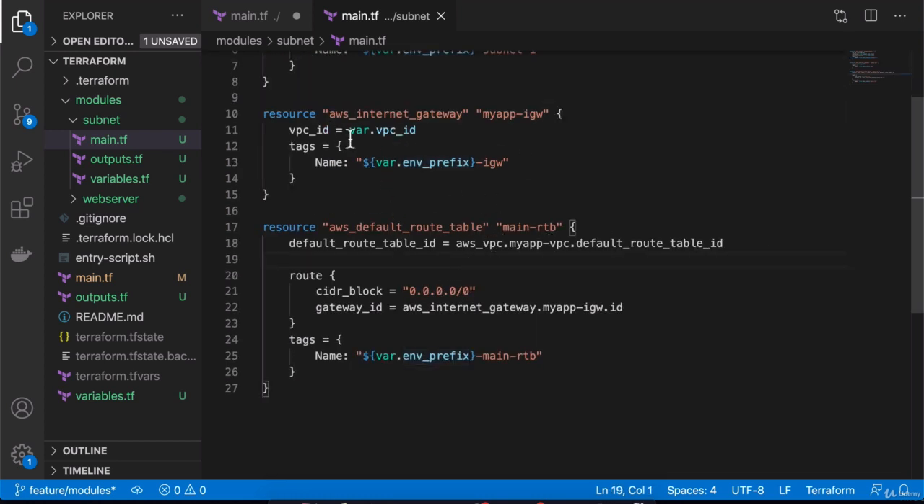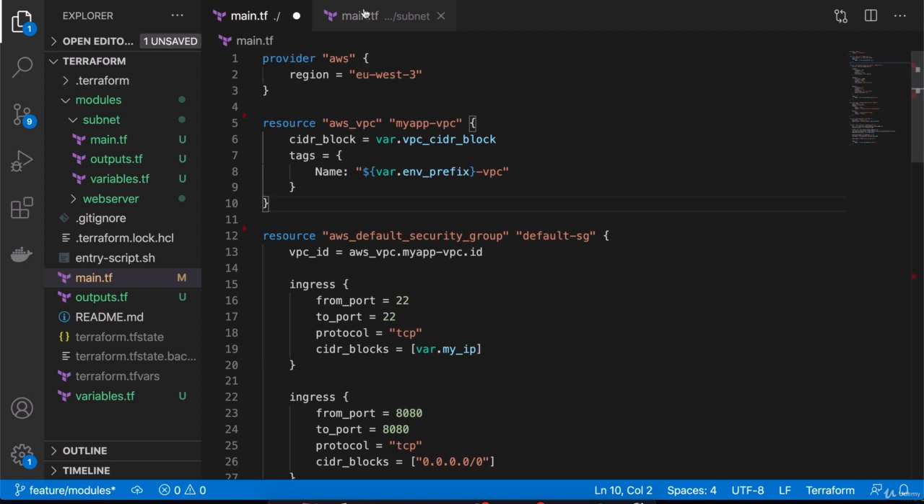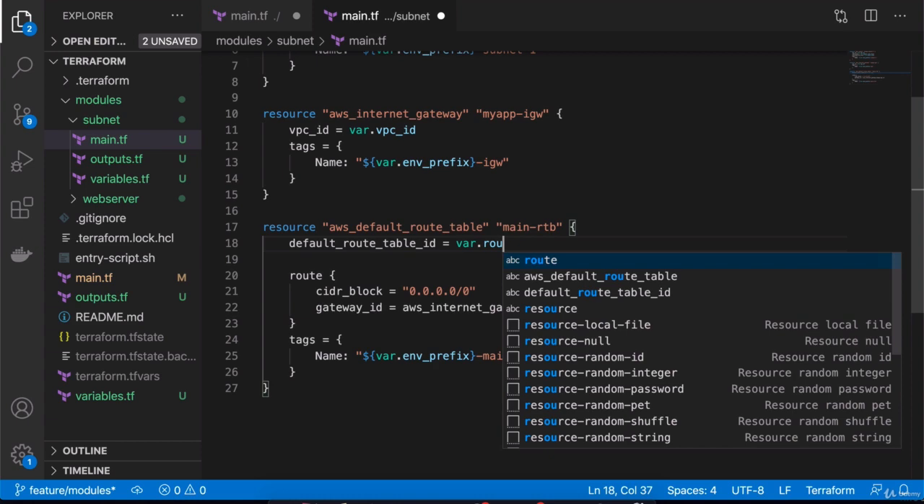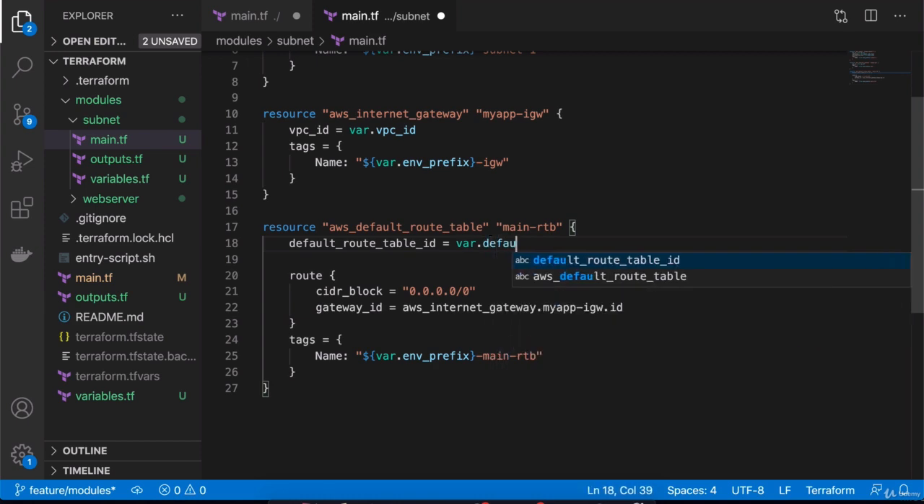And we can substitute the value here as well. As well as here, we're referencing a VPC, which is actually outside in the root module. So I'm going to replace it with a variable, and we're going to call it var.routes, or let's call it default route table ID. Right, we can leave the CIDR block as is, and this reference here, aws_internet_gateway,